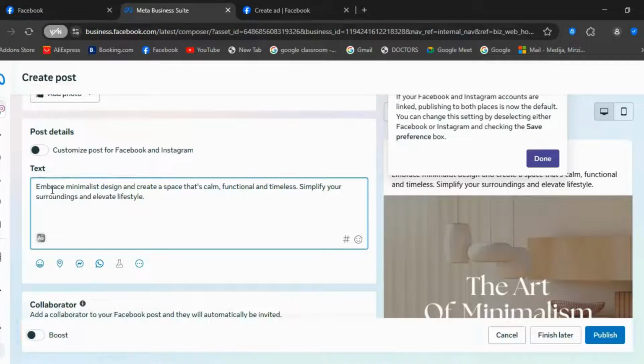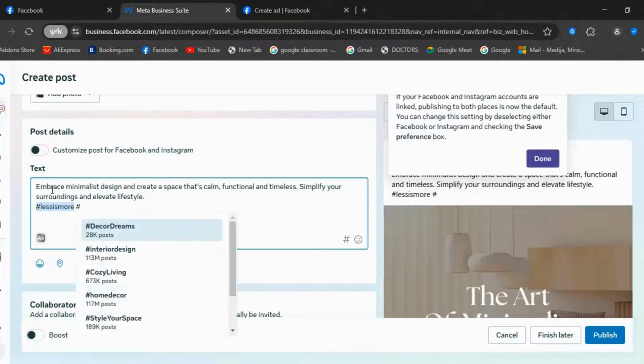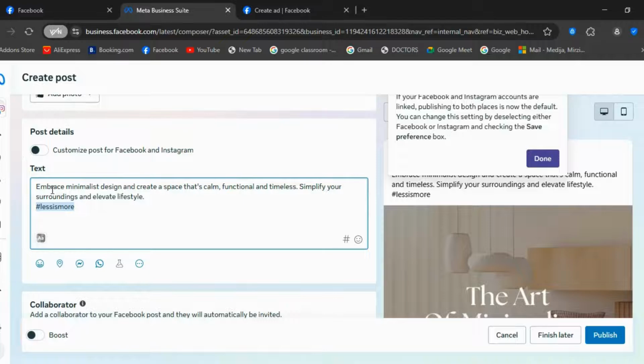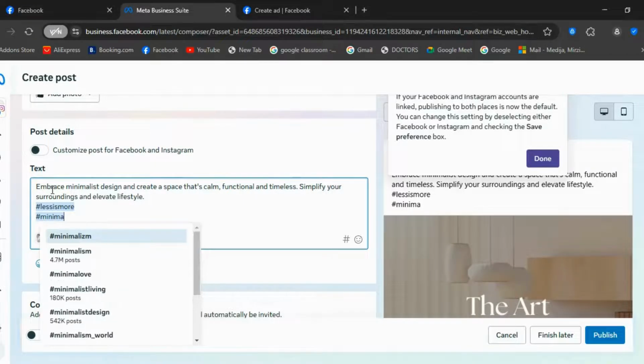You may add hashtags: less is more, hashtag minimalism.